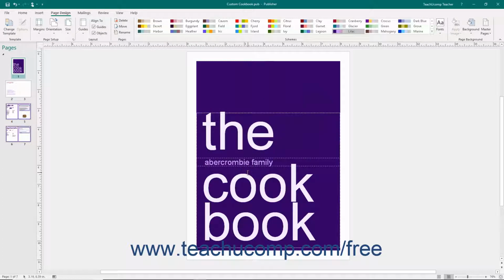The margins appear within your publication as the blue lines that surround the page. When designing your publication, ensure that you do not place any content you want to print into the designated margin area. To switch the page orientation from portrait to landscape and vice versa, click the Orientation drop-down button in the